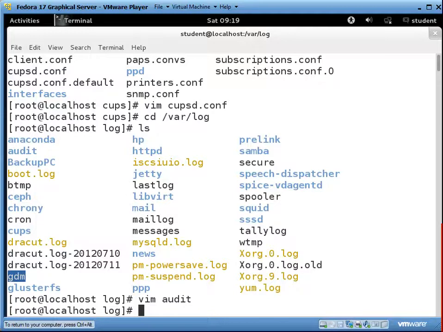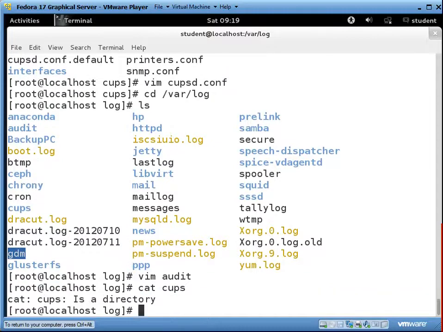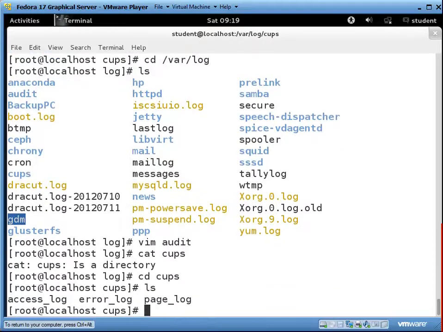Alright, and then there's also the cups one. Cat cups. Oh, I'm sorry, it's a directory. And then here's our different ones like the access log, error log, page log, etc. So you can get information without actually having to go on to